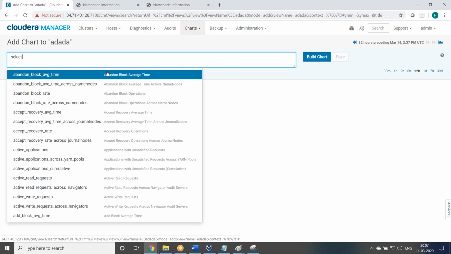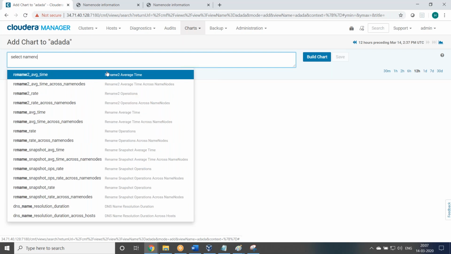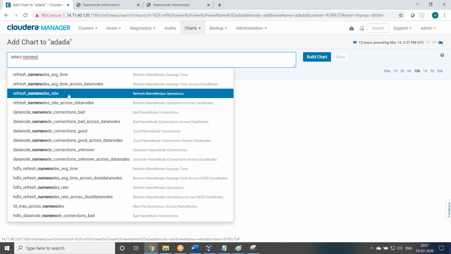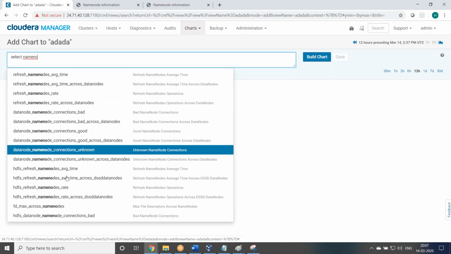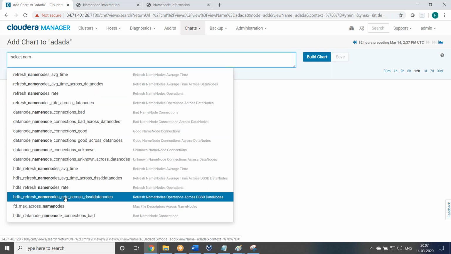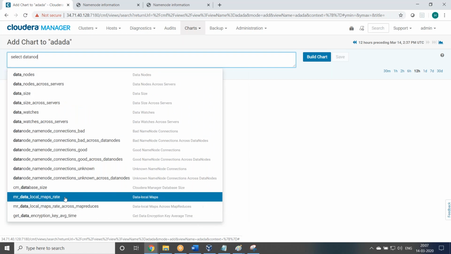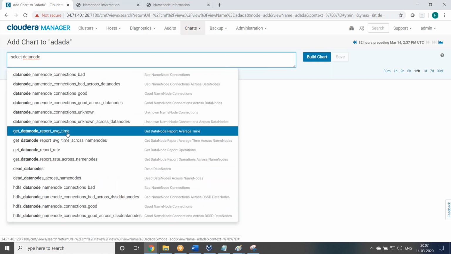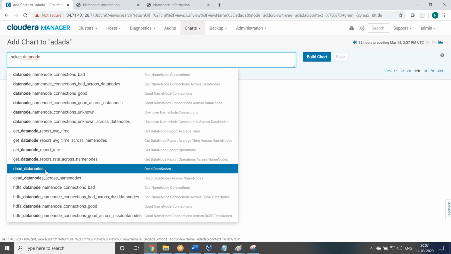So a lot of options coming, right? Name node, refresh rate, or name node, max across rate, or else data node. All the options will come. Average report time, dead nodes, every report.